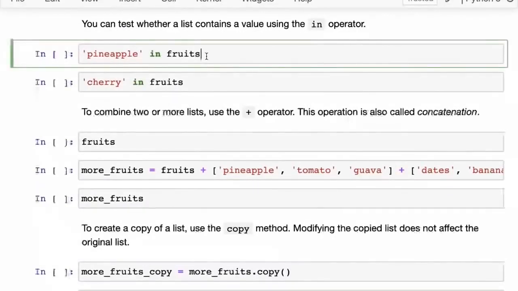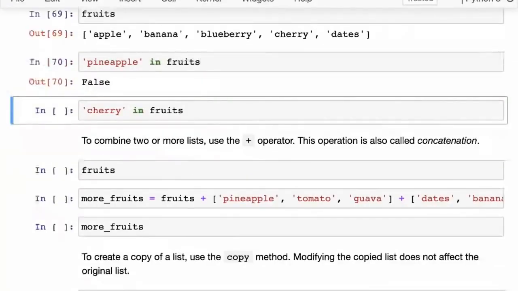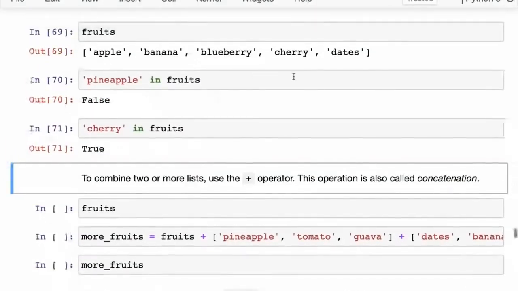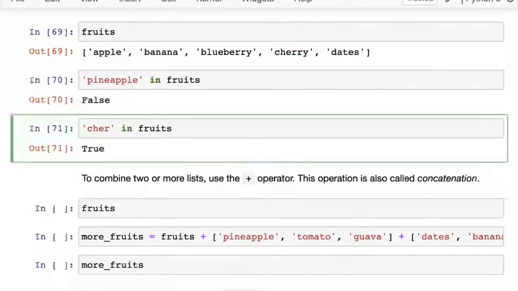Then similar to strings, you can check whether a certain element is a part of a list or not. So if we check pineapple in fruits, here's a fruits list. So if we check pineapple in fruits, we get back false. But if we check cherry in fruits, we get back true, because cherry is in fact part of the list. Now note that you have to put in the entire element exactly to match. So if you put in just cherries, or if you just put in CHER share,